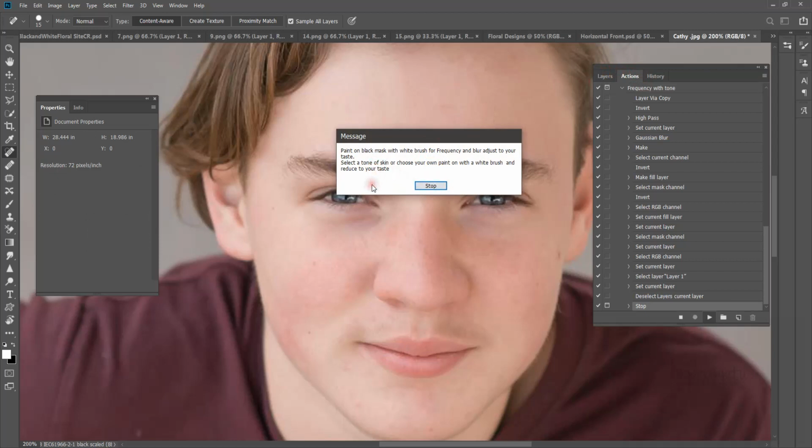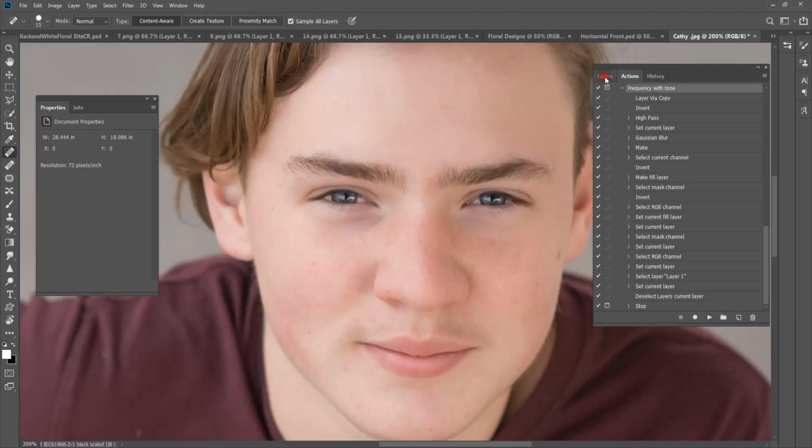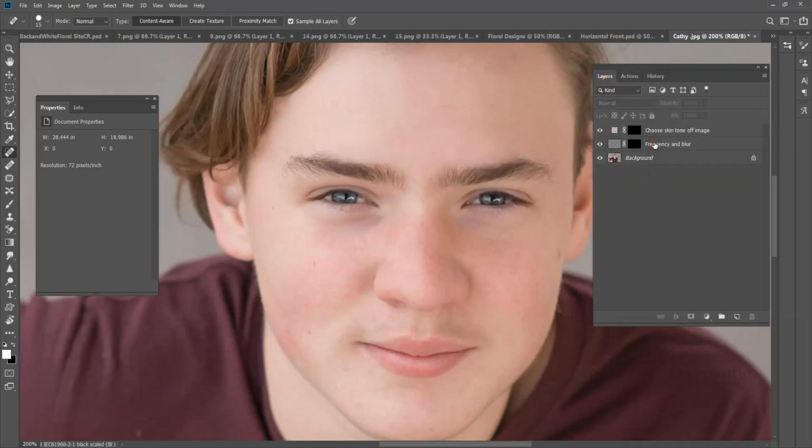Now the message that comes up is: paint on black mask with a white brush for the frequency and blur and adjust to your taste. Select the tone of skin or choose your own and paint it on with a white brush and reduce to your taste. So when we look at these layers, we have a frequency and blur and we have a skin tone. Now I made this pretty general, so you're going to bring down the opacity probably anywhere between 40 to 60%,